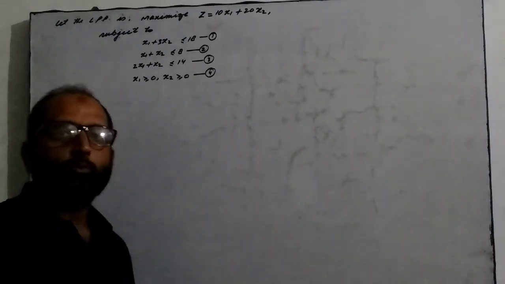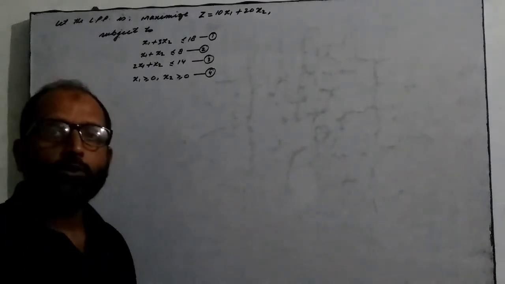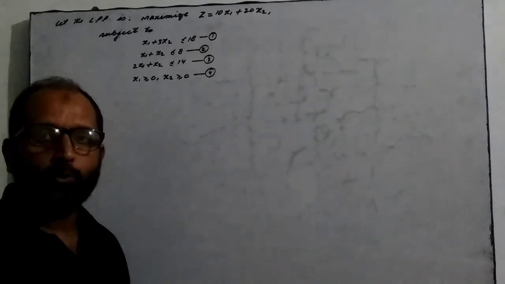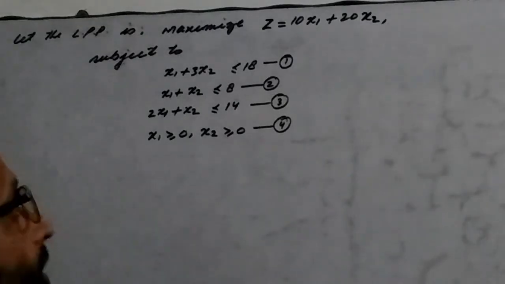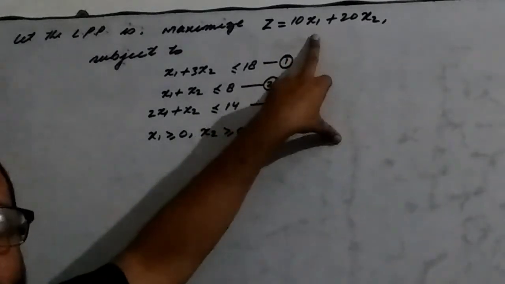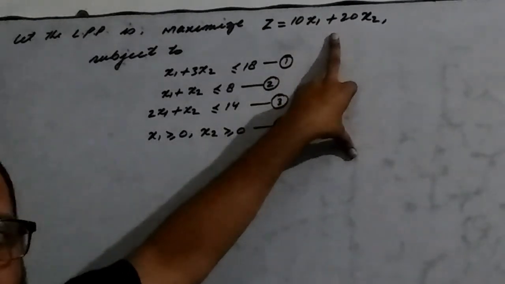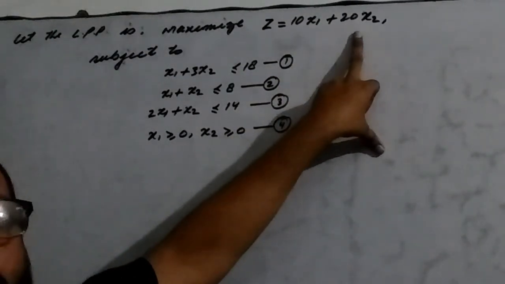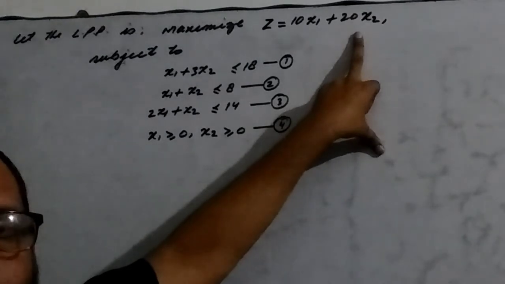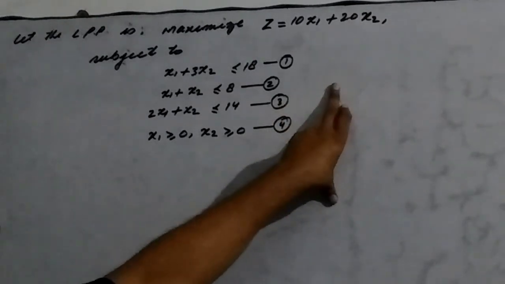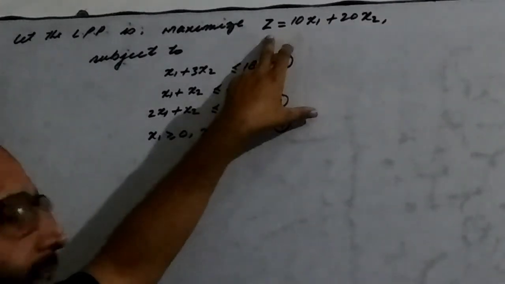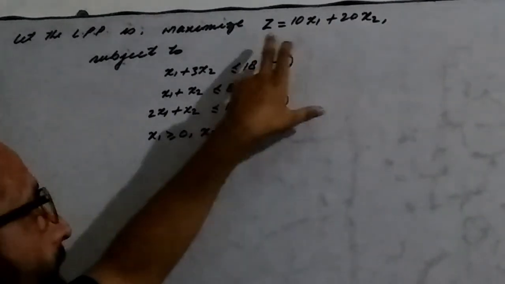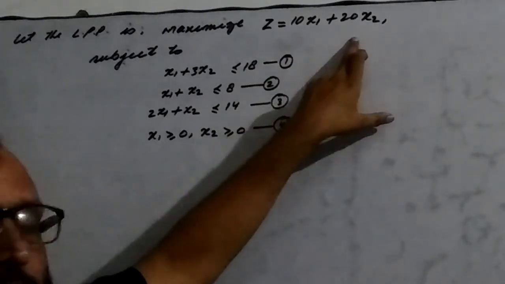Today I am going to tell you how to solve a system of linear inequations, or we may say a linear programming problem, graphically. If a function is given in terms of two variables, these may be x1 or x2, or p1, p2, or p and q, or x and y, whatever, there must be two variables, and let z be the function of these two variables, and it is given as 10x1 plus 20x2,